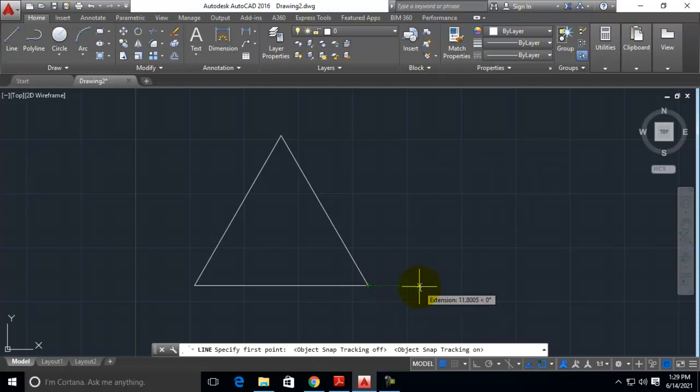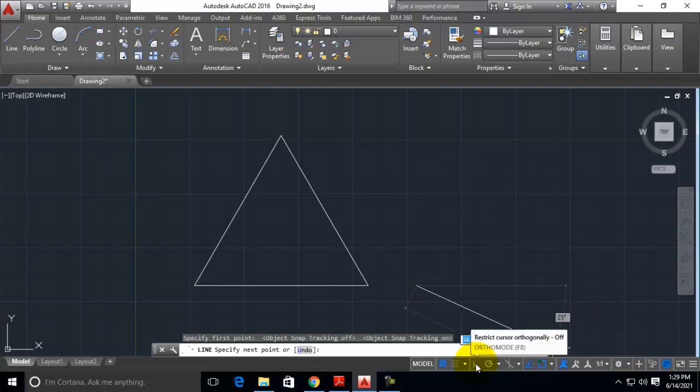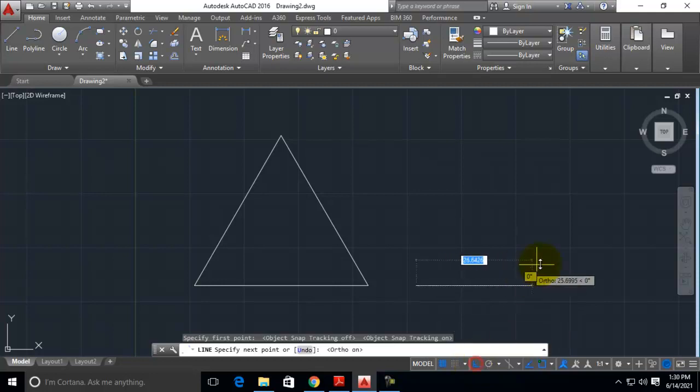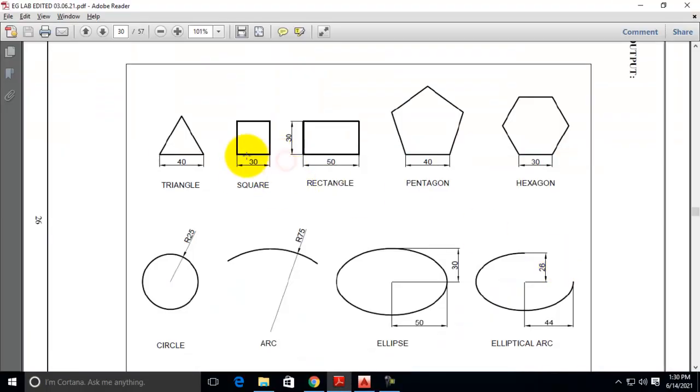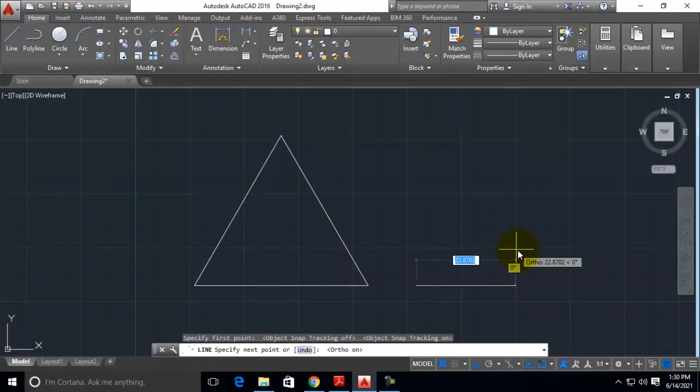Beside it, give some space and click and move it. Now for drawing a square, you have to use ortho mode. Click ortho mode on and then start drawing. The length given is 30 here. Type 30 and angle is 0.